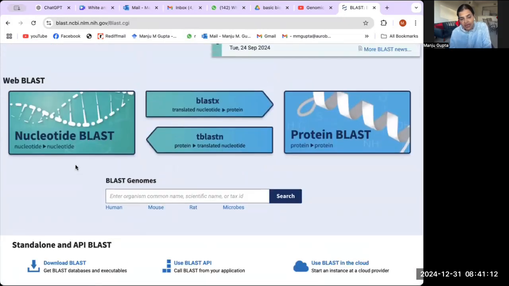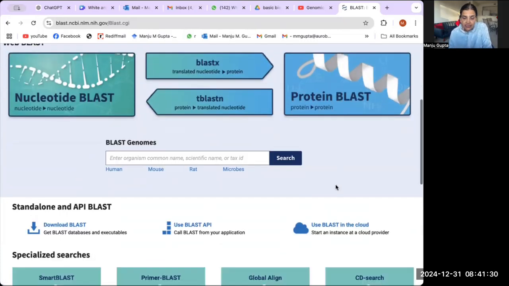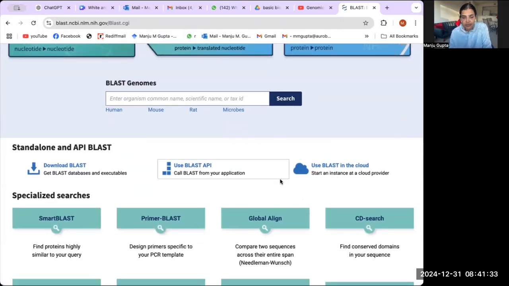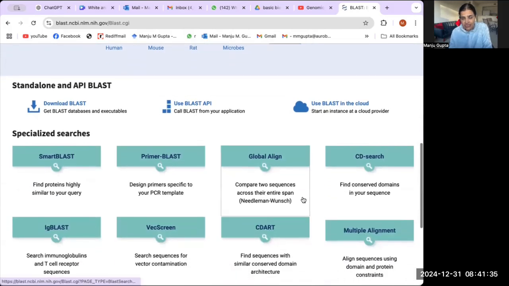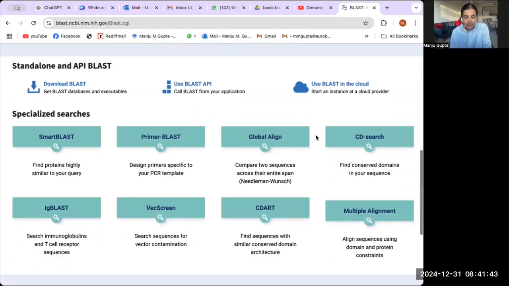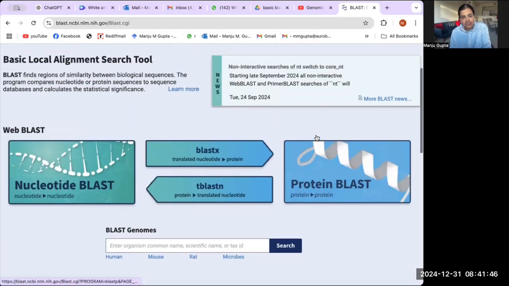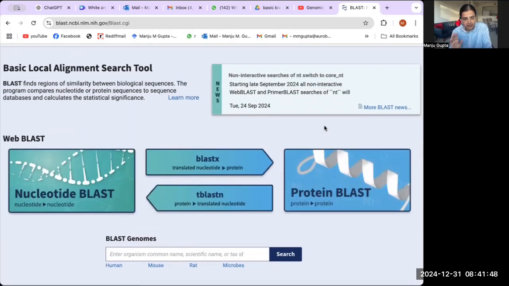Yes, ma'am. One is nucleotide BLAST, where you can just BLAST a nucleotide sequence. This is translated nucleotide. BLASTX is protein. And this is translated, this is again nucleotide, but translated nucleotide. This is protein BLAST, and there are several new types of BLASTs which have come. I had given a lecture on this at, I remember, CEC. You can see there also. But I think from you, we just expect these 3, 4, 5 types of BLASTs. Is it all right?